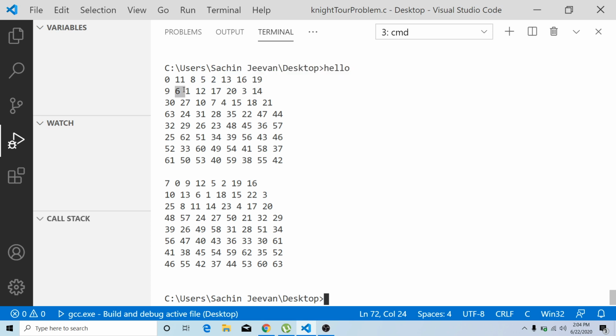So you're able to see that all the cells are covered exactly once, and it is also following the property that it should move in the L shape, in one of the 8 possibilities that you have. Okay, so you can cross verify these two answers, that both the answers are actually correct solutions.